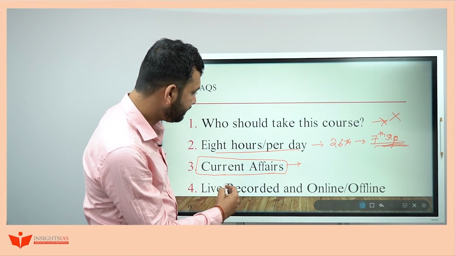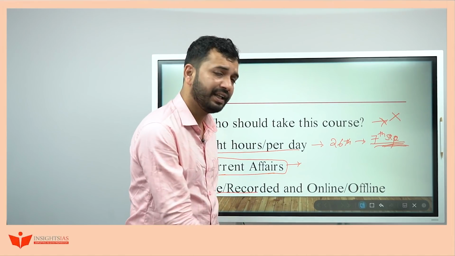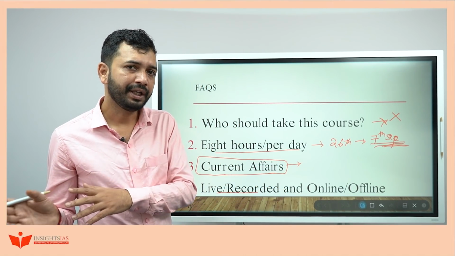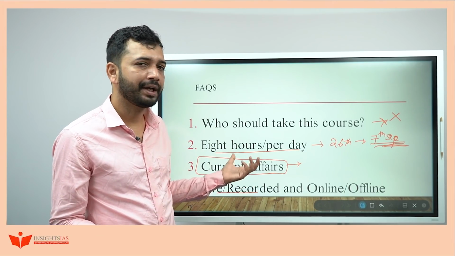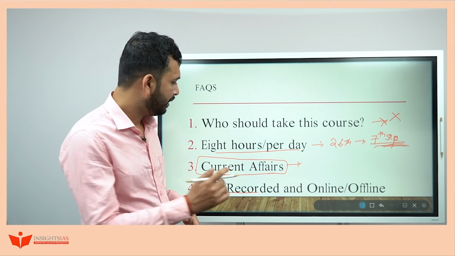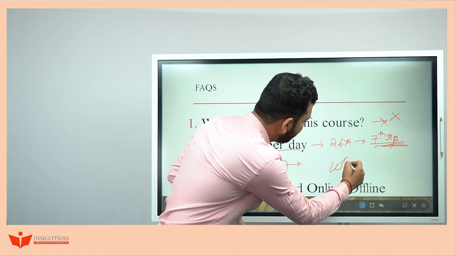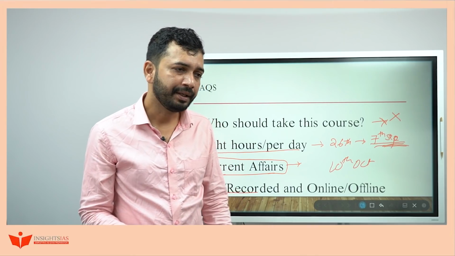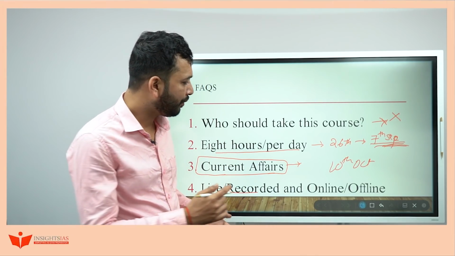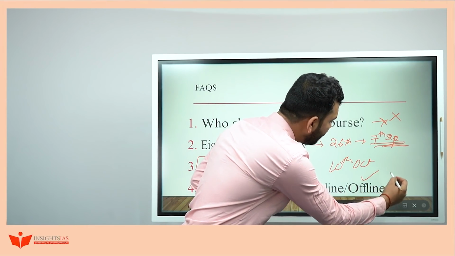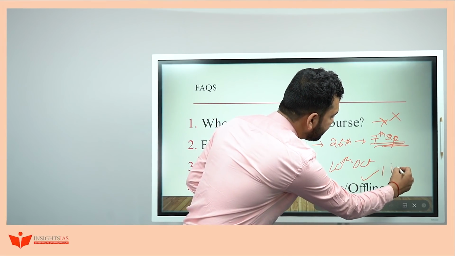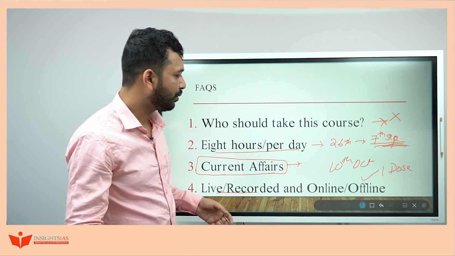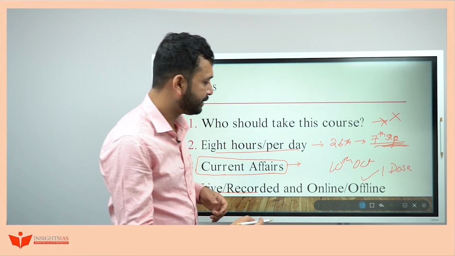Okay. Then, live or recorded class: it will be live, but we also give the recorded class, and you will have access to it till 10th of October, that is prelims. Till prelims you will have the access, online and offline. Again, those who have been vaccinated with at least one dose can come and sit in the Bangalore center. So offline classes will be available for such students.